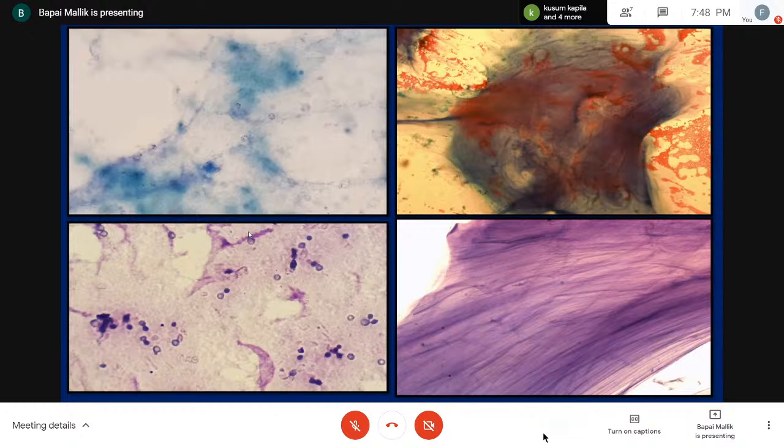Here, in this slide, they have not been separately labeled, but to the left, what you see is mucin which comes from the GI tract, and to the right is mucin which has come from a mucinous neoplasm. Now, if you look at these two carefully, you're going to see that on the left the mucin is extremely thin, and on the right it shows an optical quality, it's very thick. It shows these very long, paintbrush-like strands, as I like to call them. So they look different. This is mucin from the GI tract, and this is mucin from the lesional epithelium.